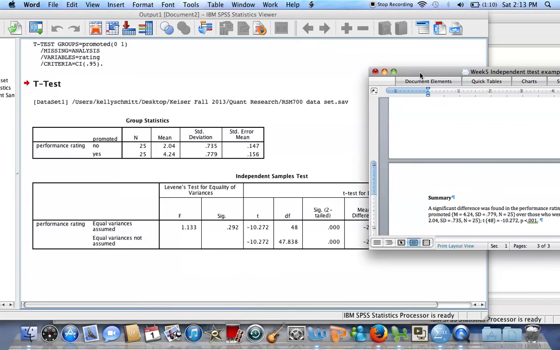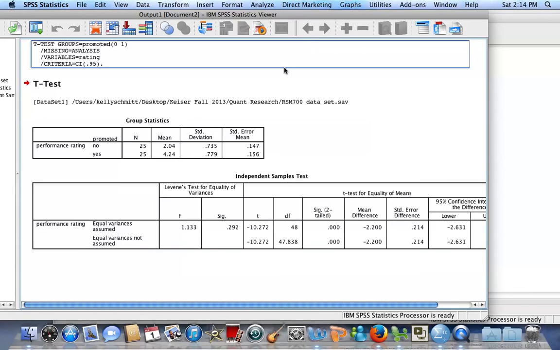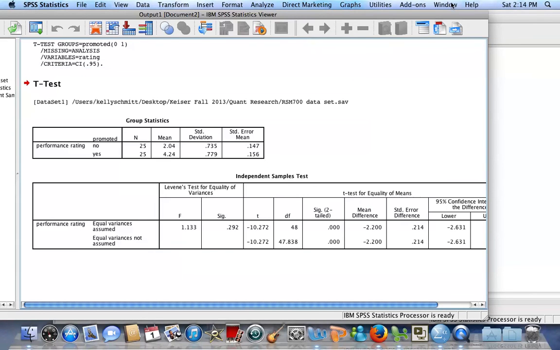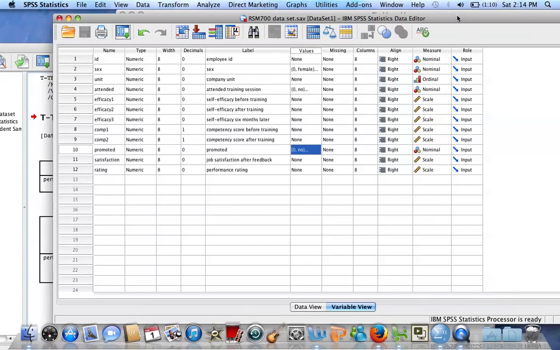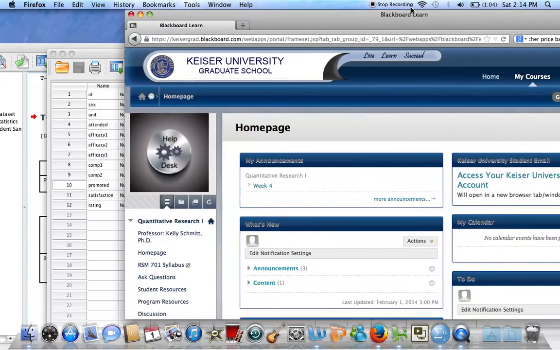So go ahead and give it a go with your independent samples t-test, and be sure to choose your correct variables. Other than that, all the information should be here that you need for your